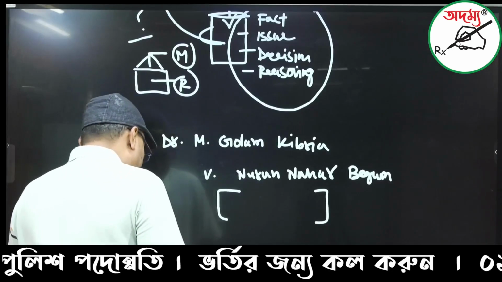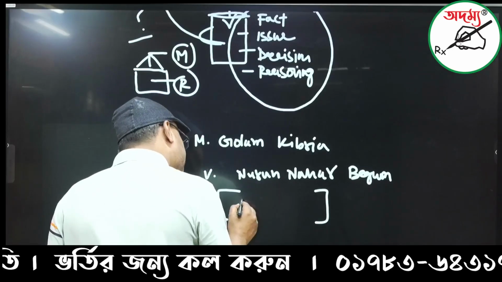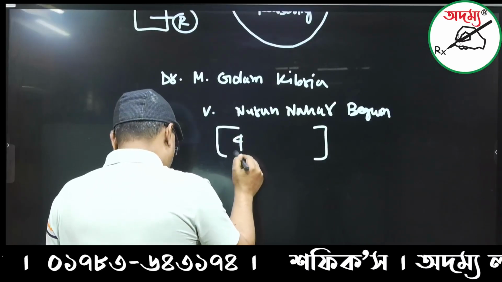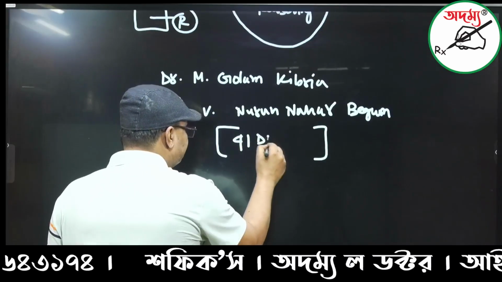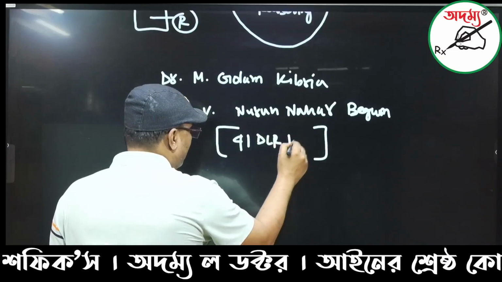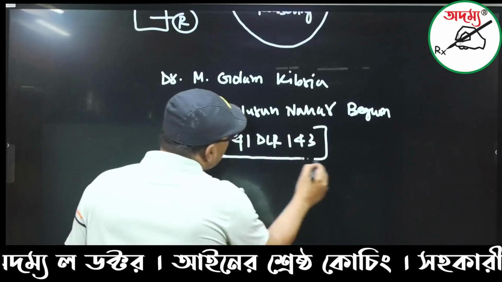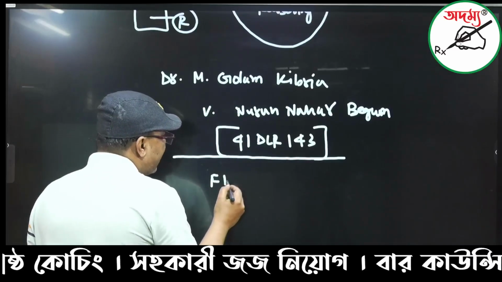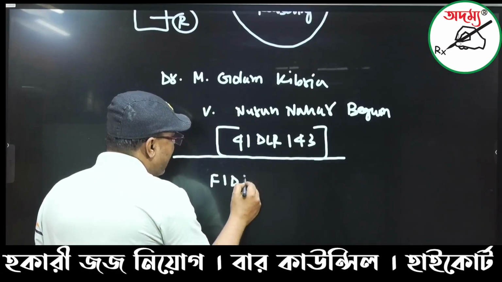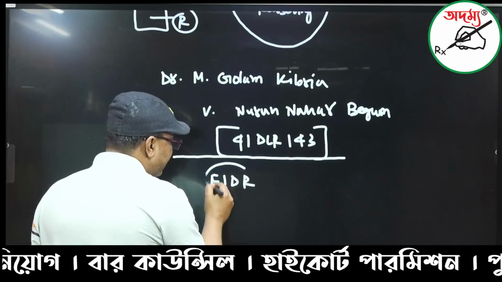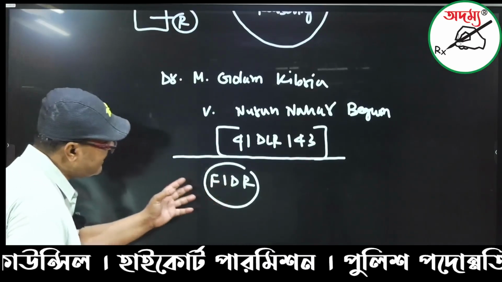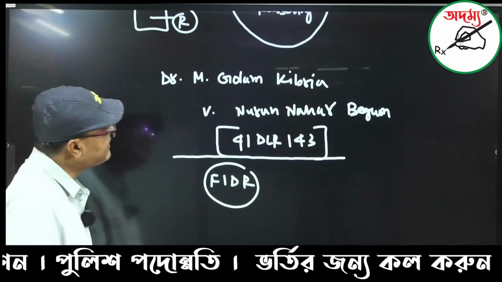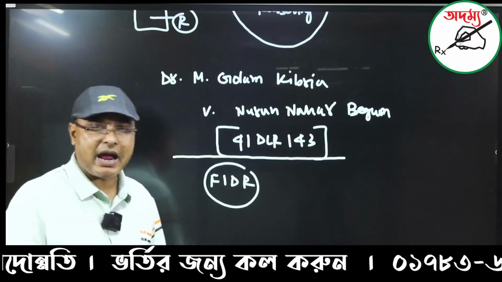So the case law 41 DLR 143. Oh my God, what an approach. What exactly is the 41 DLR? This is the page number 143. Also, they have no concept at all of the fact of the case, the issue arising, the decision making power and the reasoning system of the referred case law. The simplicity means there's the failure to state the fact of the case, the issue arising in this regard and the decision making power of the court.